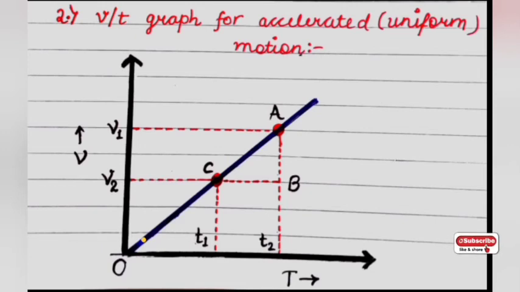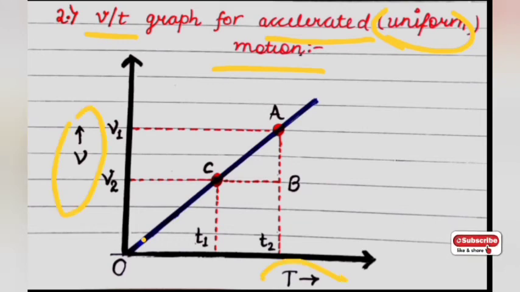Next thing that we have is the v by t graph for accelerated motion. In the earlier case the acceleration was 0 and the motion was uniform, and in this case also the motion is uniform only. But here we are considering accelerated motion. So when motion is accelerated, this velocity time graph will be converted into a straight line like this. In the previous one the straight line was parallel to the time axis. But here it is not parallel to the time axis, it is making some angle with both the time and velocity axes. Here is the line that you can see.